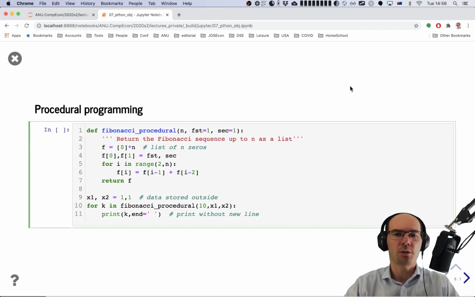So imagine we need to produce a sequence of Fibonacci numbers. Under procedural programming, we could write a function over here, Fibonacci procedural, and then call this function in the main body of the program. So let's see what happens here. The function takes 3 inputs. n, and it produces the sequence of numbers up to n, so that's the upper bound. And then it takes the first and the second